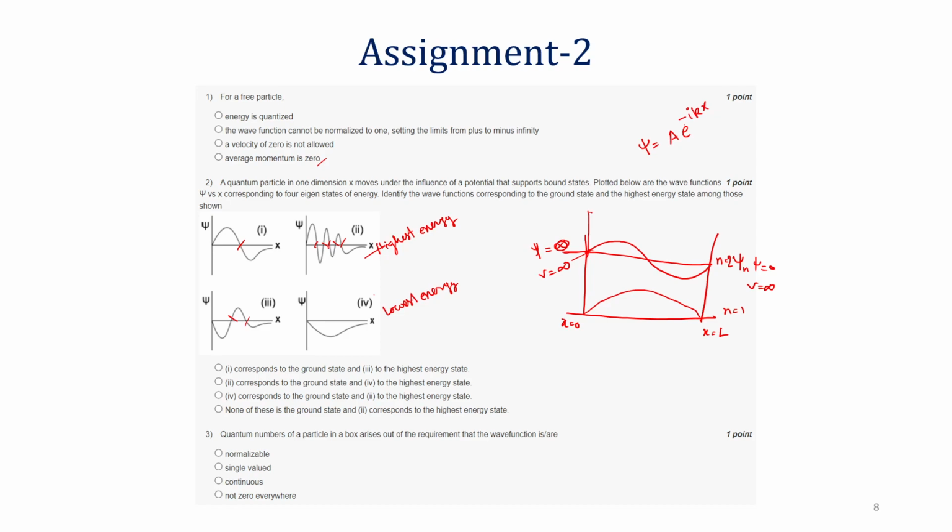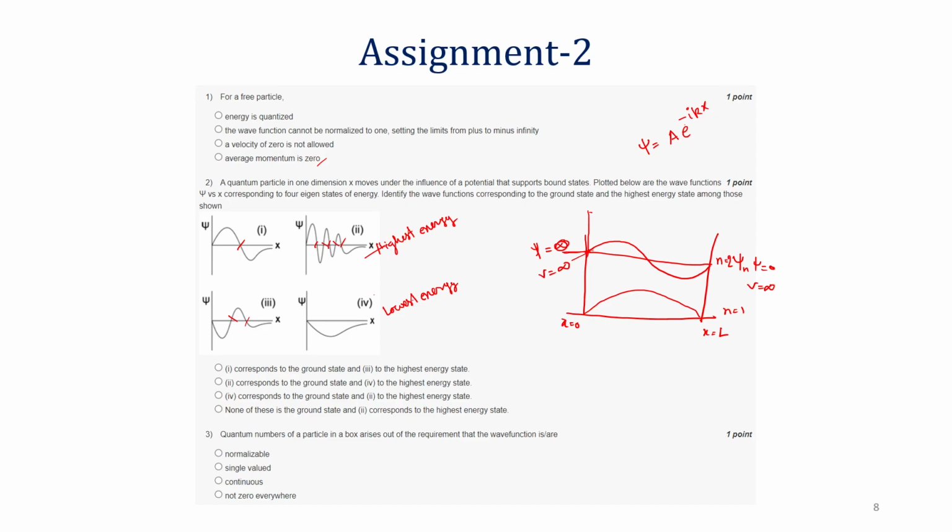The wave function should be single valued; that is a different thing to be acceptable. But I want to bid for continuous actually. I am also not sure that normalizable will be the answer. It should be normalizable to be a valid wave function, but is it really a requirement? It comes out of the requirement that